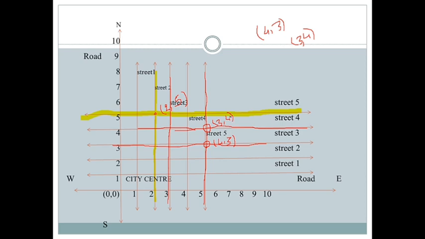Sorry, it is not that, this one, because it is given the third street and the fourth street. Yes, this one. So they are meeting at this point, 3 comma 4. Okay, so in the second question it is also given how many streets can be referred to as 3 comma 4. So only one street can be referred to as 3 comma 4. So this is how we have marked it.